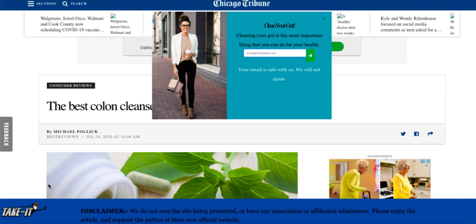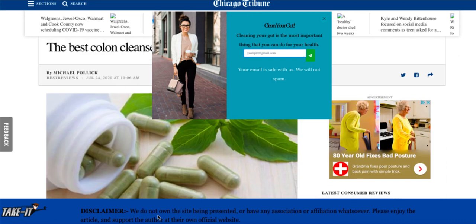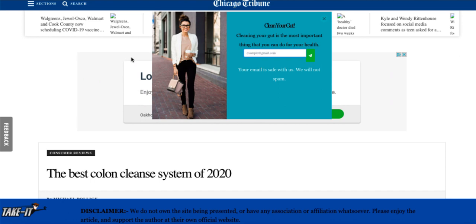That's the idea. Now at the bottom of all of these websites, they do have this disclaimer because they know this is borderline illegal, guys. They know this because you're not allowed to go along and steal other people's work, especially sites like this that could sue you at the drop of a hat and profit from it. You're falling foul of many, many copyright laws there. So they've got this disclaimer here that says, we do not own the site being presented or have any association or affiliation whatsoever. Please enjoy the article and support the author at their own official website. They're trying to cover themselves with this, but frankly, guys, you are still profiting from using other people's